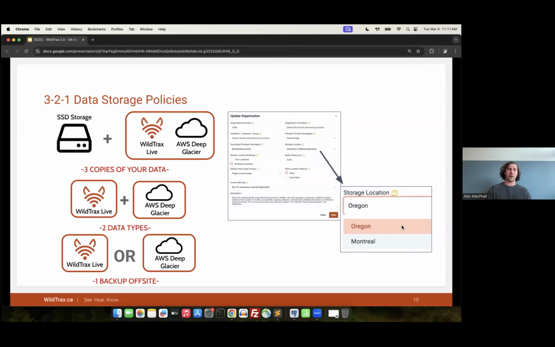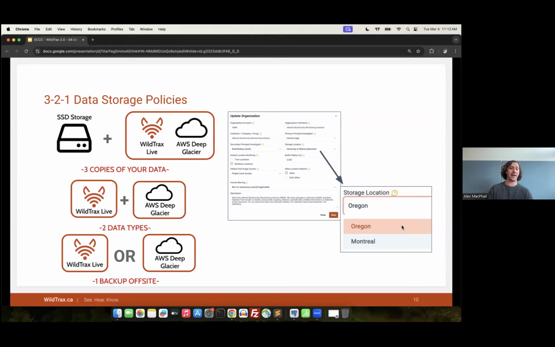Each storage option is also part of a distinct array system, which allows at least 1 copy to be stored offsite, either through WildTrax or through the Deep Glacier option. And again, as I mentioned, for users who are unable to use this Canadian storage option, Amazon S3 will also be available. And so the idea here is that you're able to quickly access your data on a Canadian-based server through the WildTrax Live server that's being built, and then also have those Deep Glacier backups.